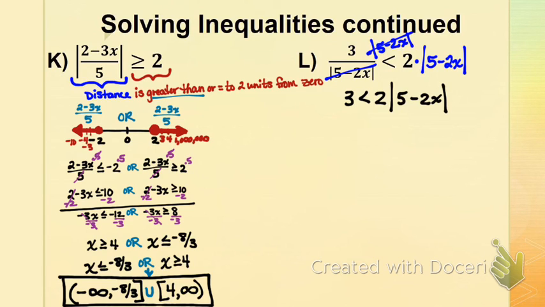Do we have our absolute value isolated yet? Nope. So now I'm going to divide both sides by 2. So I have 3 over 2 is less than the absolute value of 5 minus 2x. In all of our other problems that we've done with absolute